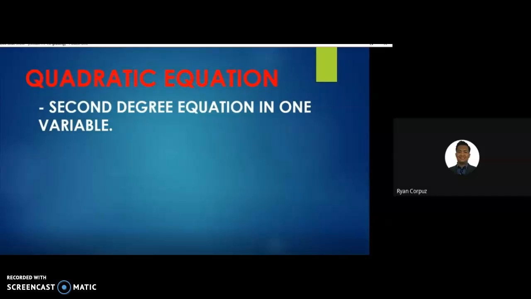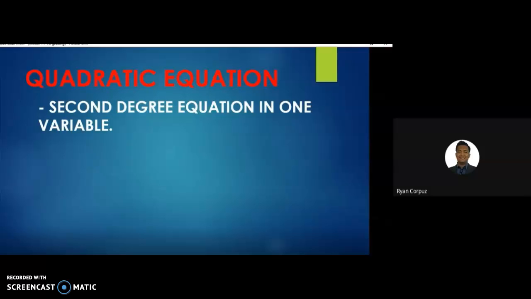But it's not always that whenever we see an equation whose highest exponent is 2, it is right away a quadratic equation. So a quadratic equation is a second degree equation, or an equation whose highest exponent is 2, which involves only one variable. We are only going to focus on quadratic equations involving one variable, because there are quadratic equations also which